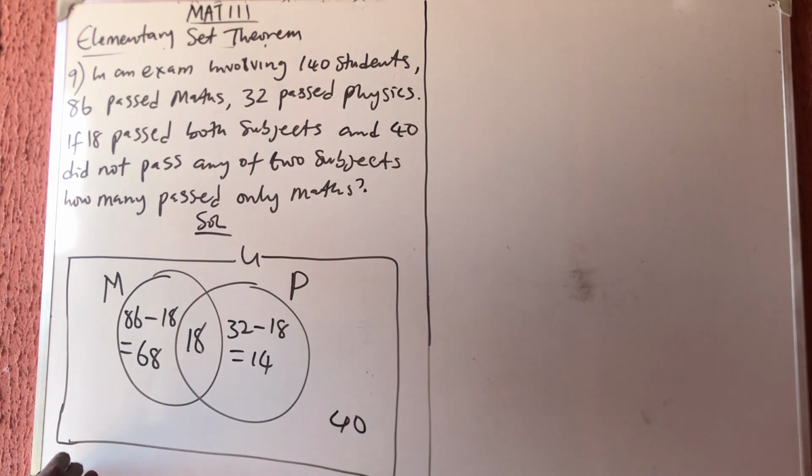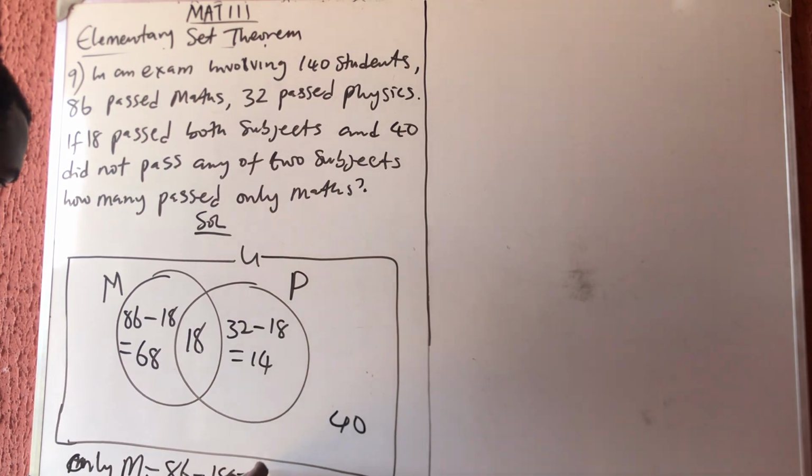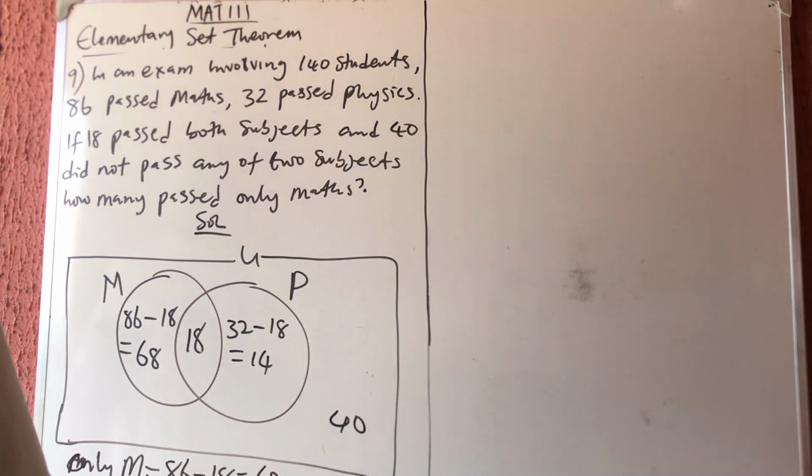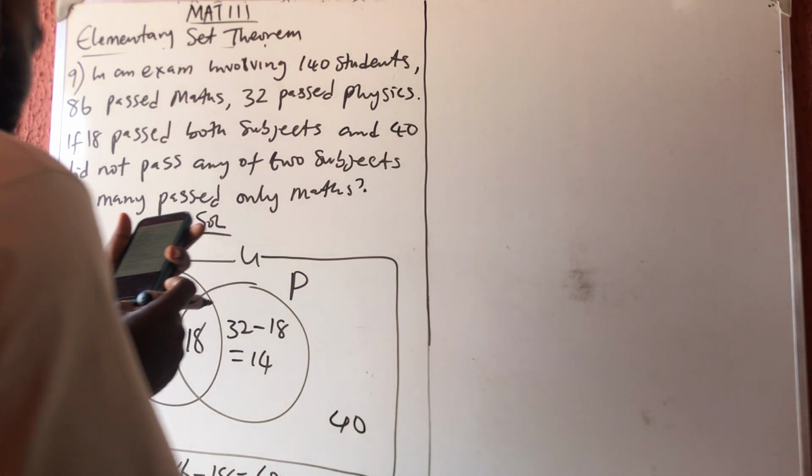So the number of students that pass only maths, let me just write it. Only maths is equal to 86 minus 18, which is equal to 68 students. So this is very, very simple. So the next one,